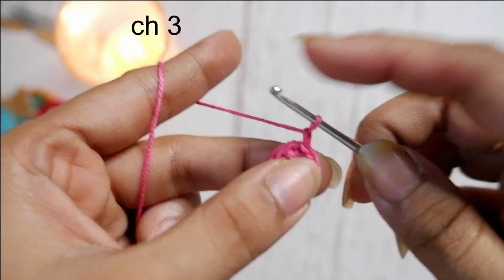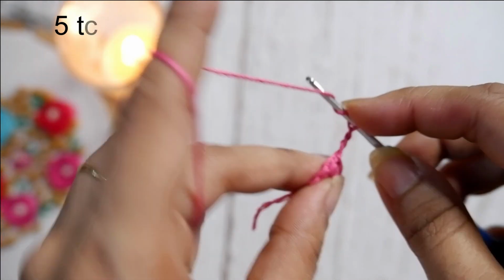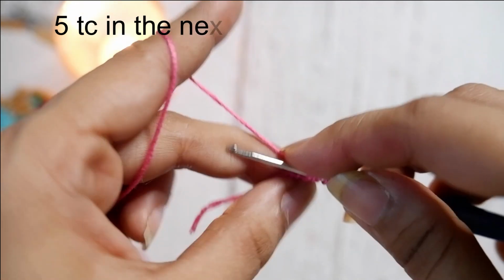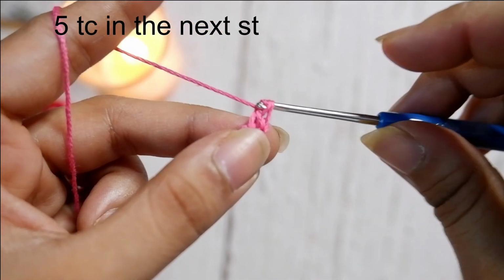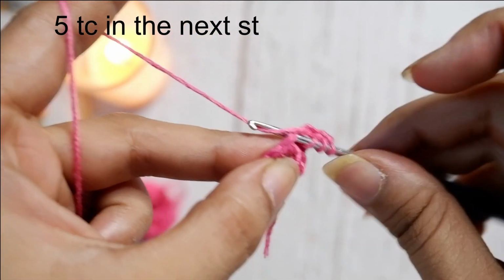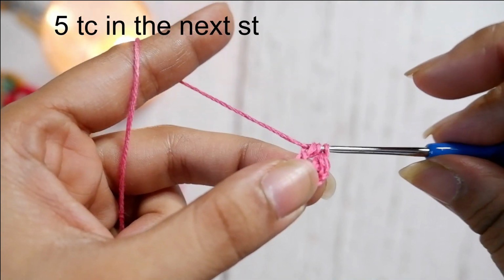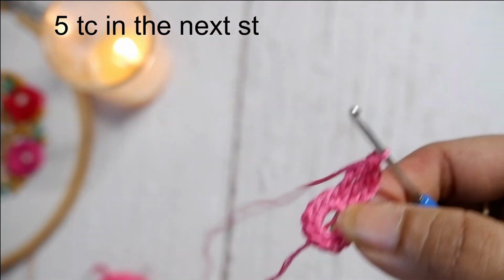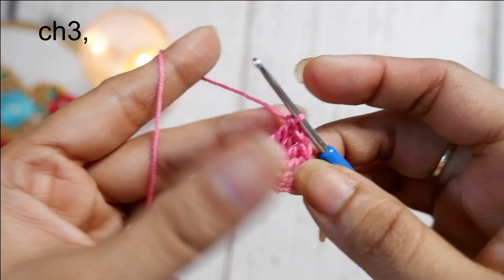We will begin the second round by doing a chain 3. Then we will be doing 5 triple crochets in the next stitch. In this way. We will quickly complete the 5 triple crochet stitches in this particular stitch. In this way. And after that we will complete the petal by doing a chain 3,